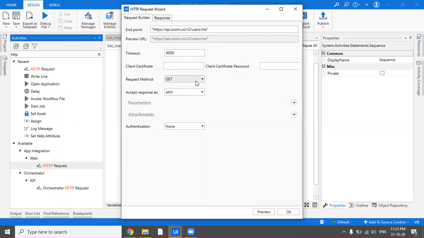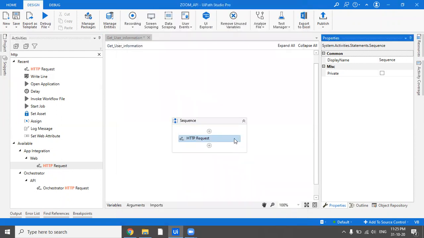So get is when you have to just get the information out of the API, is when you use a get request method. Post is when you send in something and, corresponding to that, you may or may not get some data back. For example, if you're creating a meeting, you are just posting all the details of creating a meeting, but you're not getting anything. But if you want the user information, you have to get the user information. So those are the two basic request methods, the get and post.